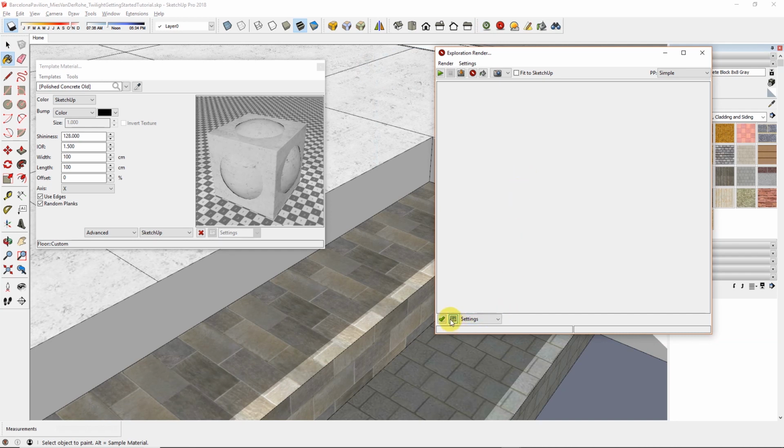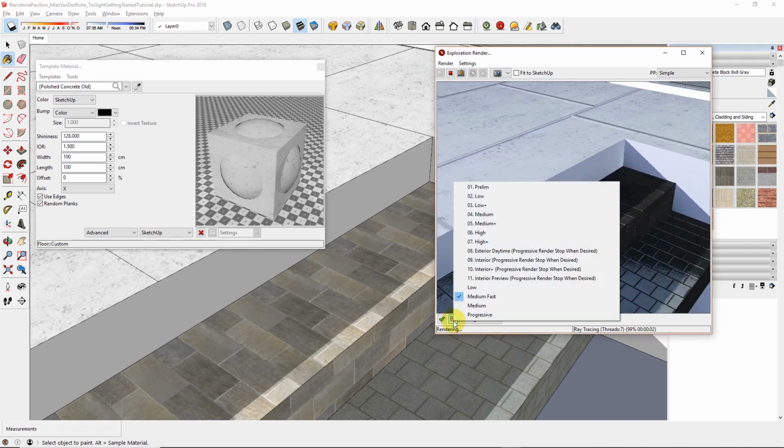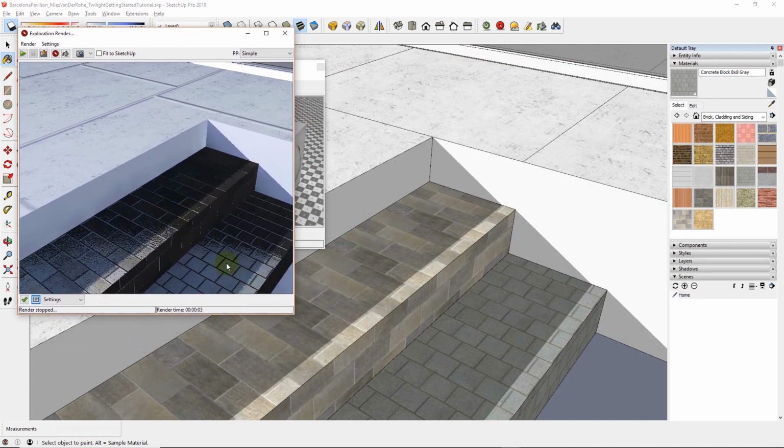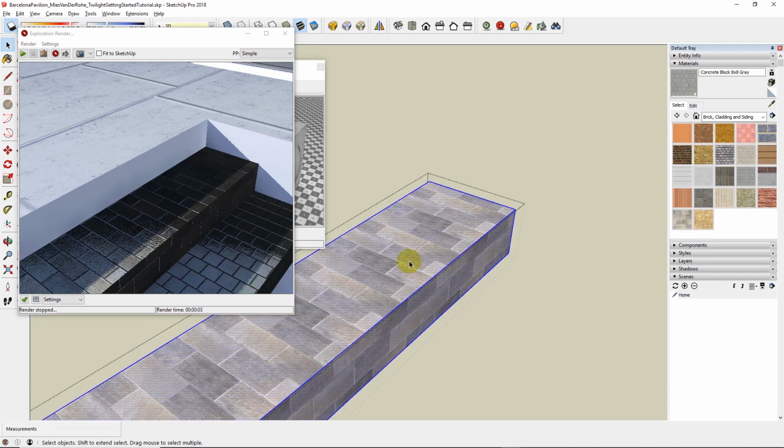By the way, in the Exploration Render settings, I'm using medium fast here. And it's very quick, and you'll notice here that something is very wrong, and that's because these are reversed. So the priority when you render in SketchUp with Twilight Render, it's got to choose which face and which direction. So for instance, the bump map that should be going down is bumping up. And that's because you're looking at the back face. If we were to reverse that,